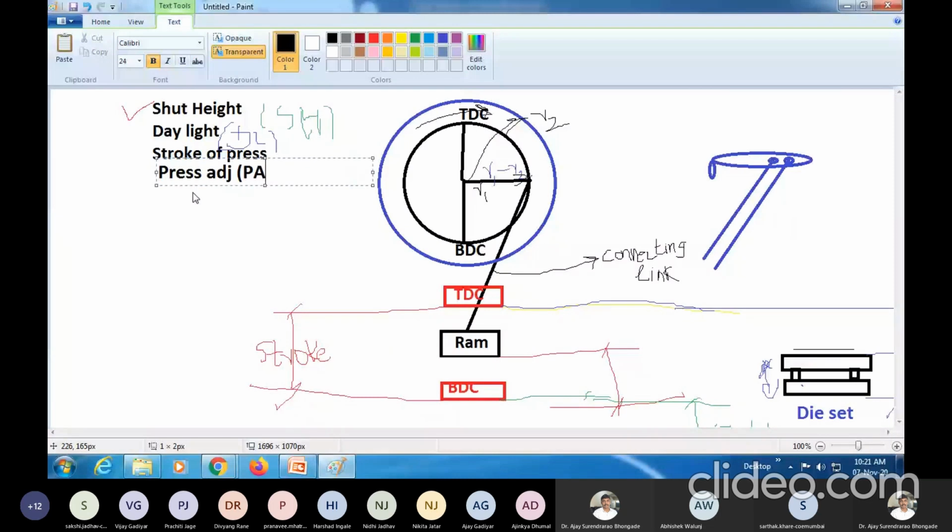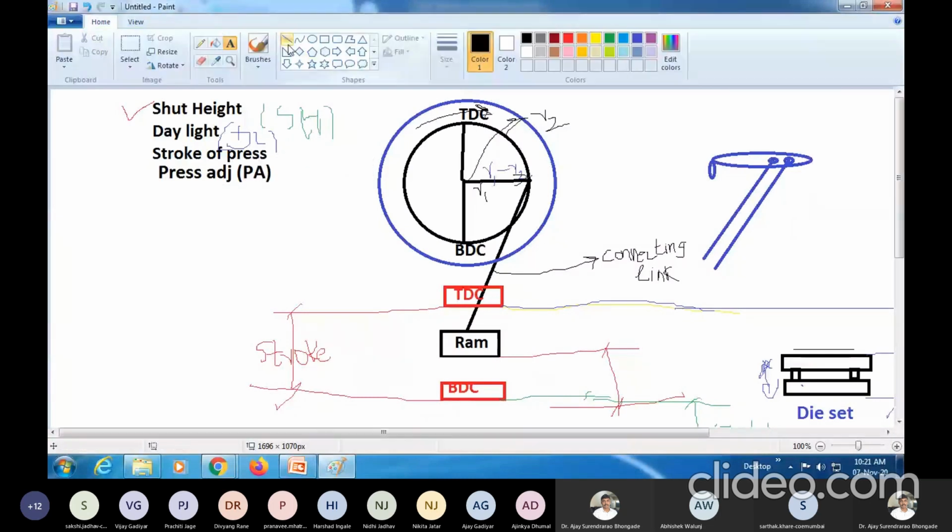Now press adjustment is nothing but a telescopic pipe that makes this distance vary, so this length can vary. We can have this as a connecting link, and this another connecting link, correct? We can vary this distance, but with some limited scope.